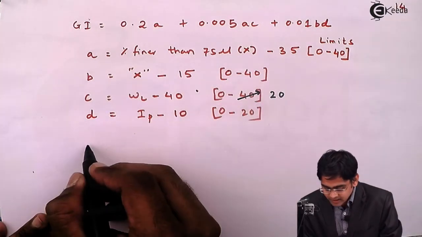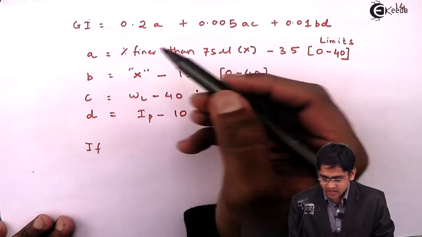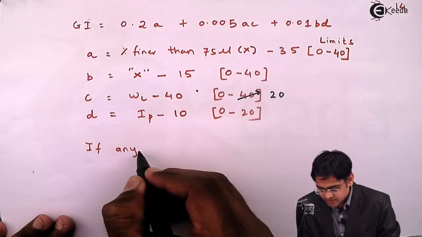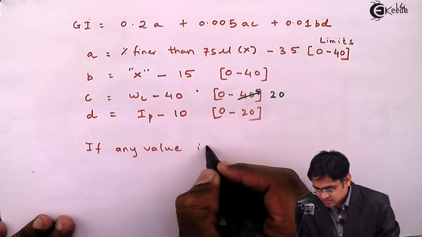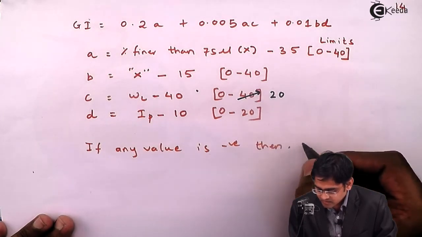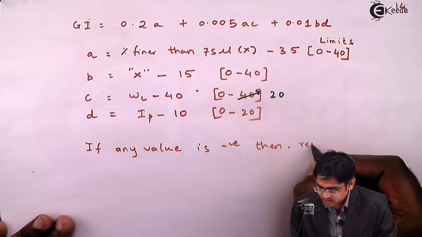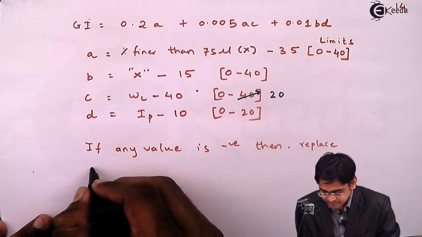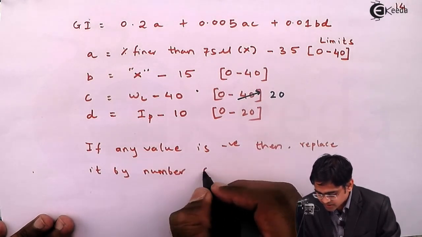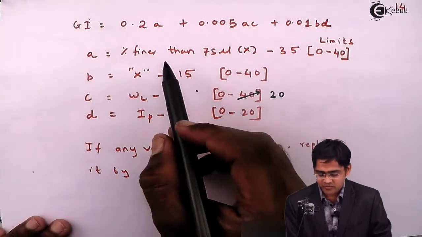So if any value of A, B, C or D is negative, then you need to replace it by the number 0. You need to put it as 0 value,